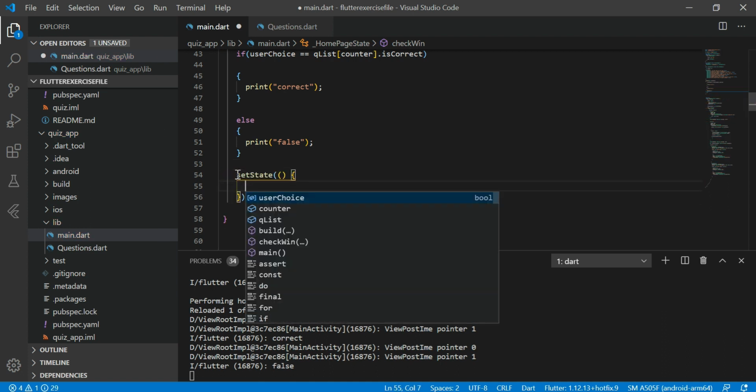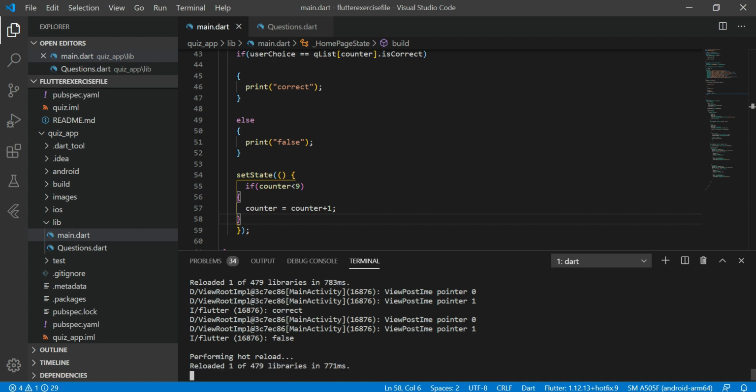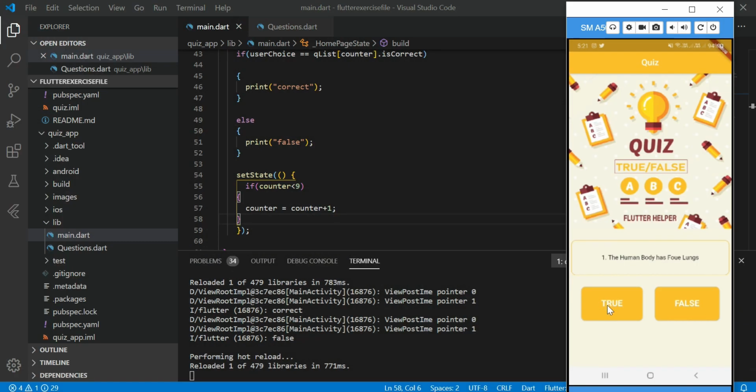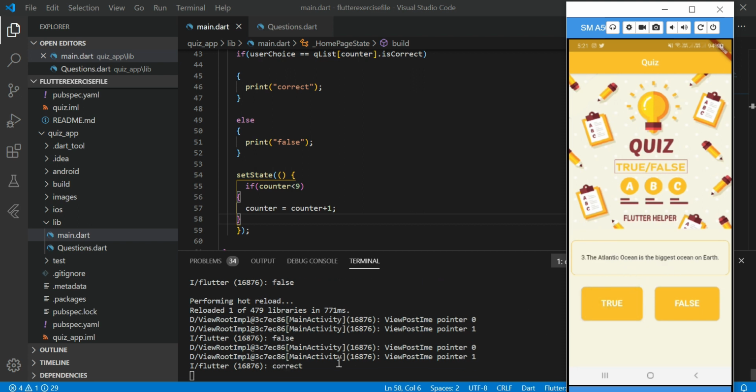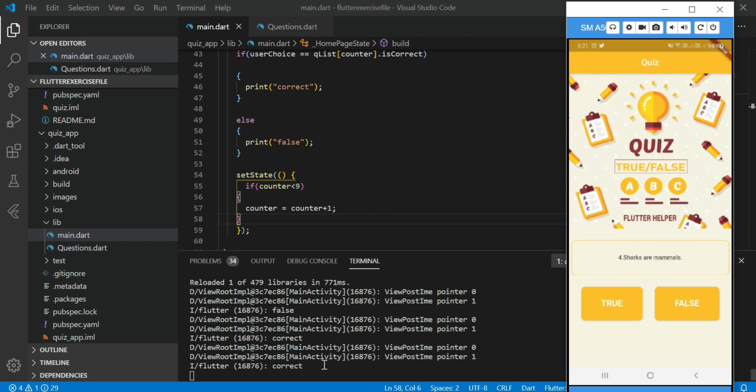We need to use this if else statement inside setState. Now let's see. If I tap, it works perfectly. Kelvin is a measure of temperature. That's true. Look, the answer is correct. Our logic is perfectly fine.